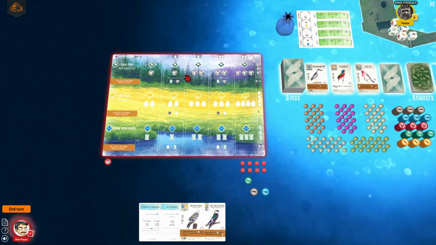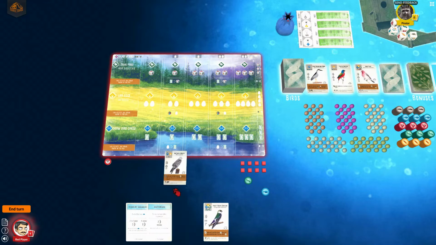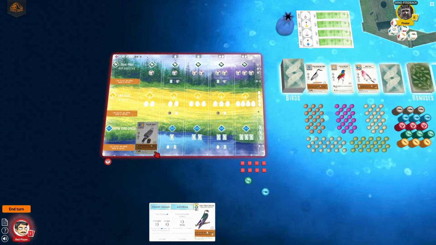I'm going to go ahead and put it in the wetlands here. So I'm going to pay 1 rat, and I'm going to put my harrier here. Now the way the game tracks your actions is these are the number of different actions you get in a single round. The game is broken up into turns, and then turns are broken into rounds. There are 4 rounds in the game, but you can only do 1 thing